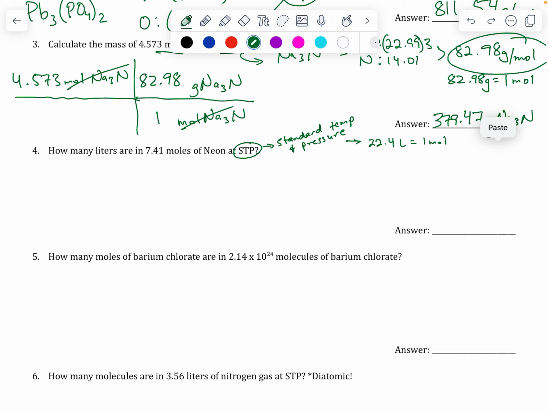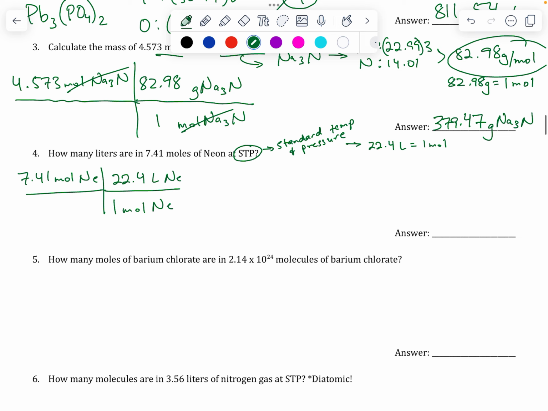So how many liters are there? Well, I can go from moles directly to liters because I have that conversion factor, and this is neon. And I have 1 mole of neon is equal to 22.4 liters of neon. And it could be anything at STP for liters. Whenever we have liters here, we're always assuming STP. So we're always saying that this is how many liters are equal to 1 mole. So it could be neon, it could be any other gas, bromine, chlorine, it could be any substance, 22.4 liters. Moles go away, and we end up with, I believe,